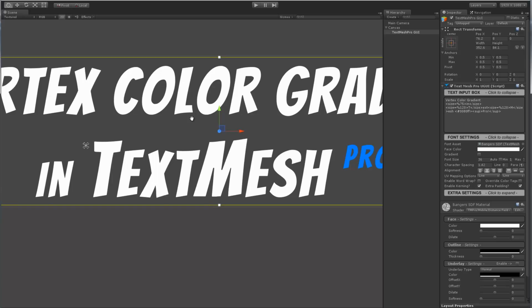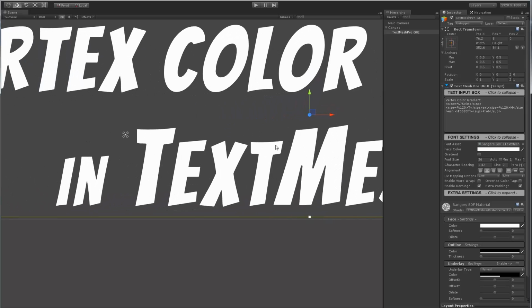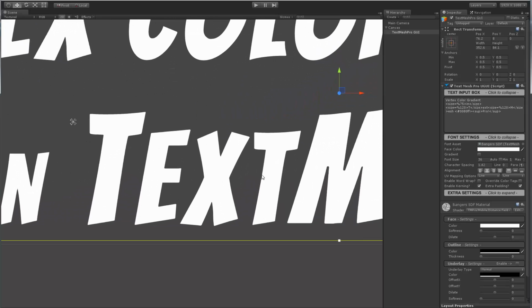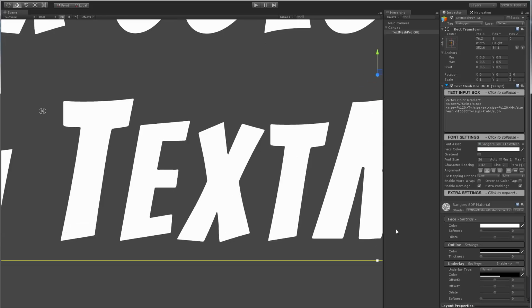The next one is, what if I wanted to add an outline to this word text as well as a shadow? Well, using a bitmap font, I would have to go and export my font atlas, go in Photoshop, add an outline, save all that stuff, bring it back, and then eventually I would end up having multiple font atlases because I have one, let's say, with an outline and one with an outline and a shadow and so on and so forth. But with TextMesh Pro, the way you do this is here I can go to my material